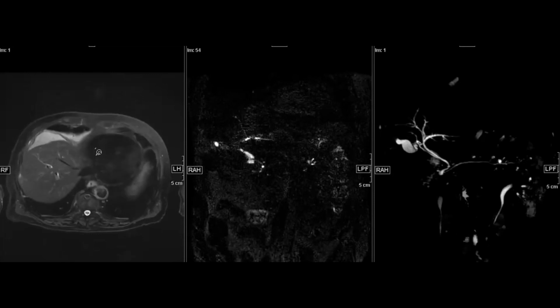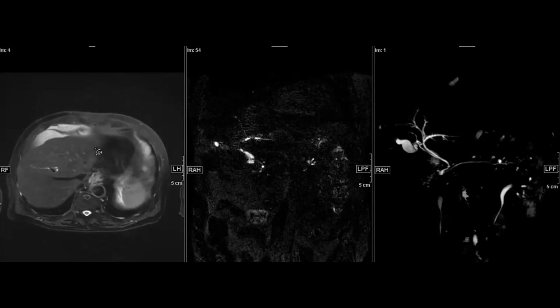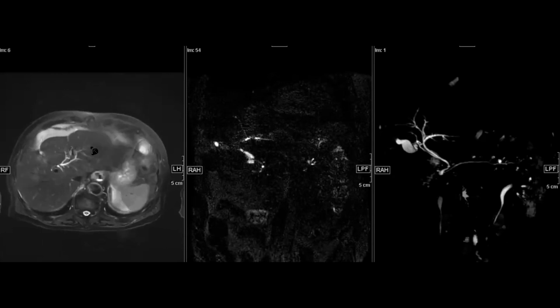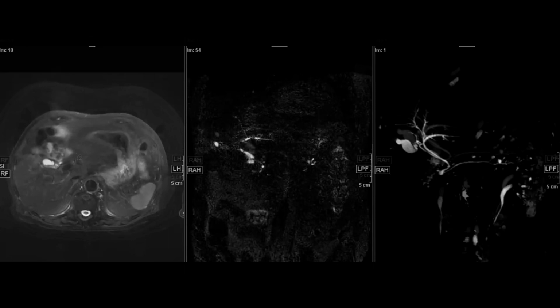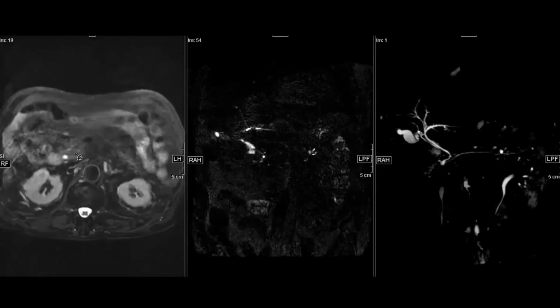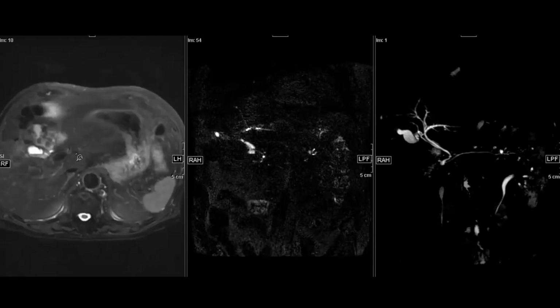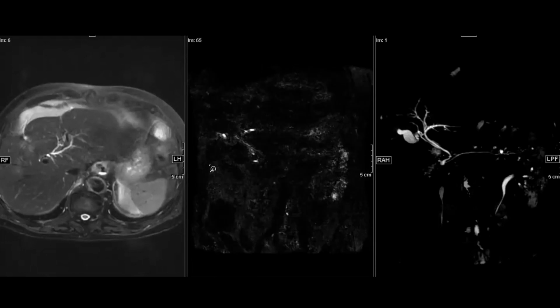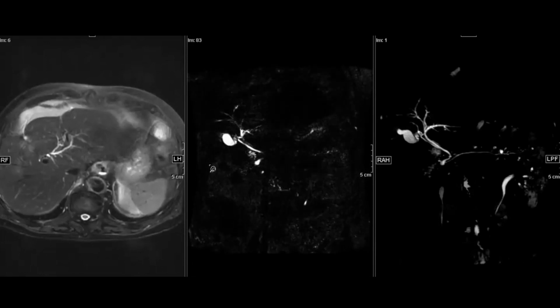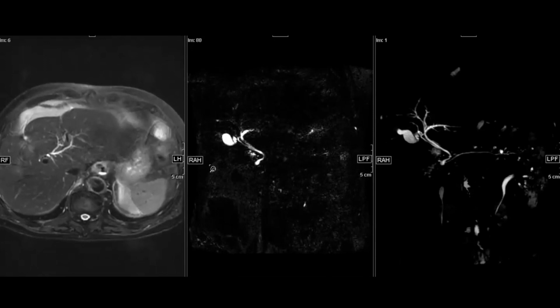I'll move through the images, and in the meanwhile you can chat your answers or findings that you see in the chat box. For people who are watching it later on YouTube, you can type in your answers in the comments section as I go through these images. So here's the MRCP. Okay, that is the image with the finding. Does anybody see any focal abnormality?